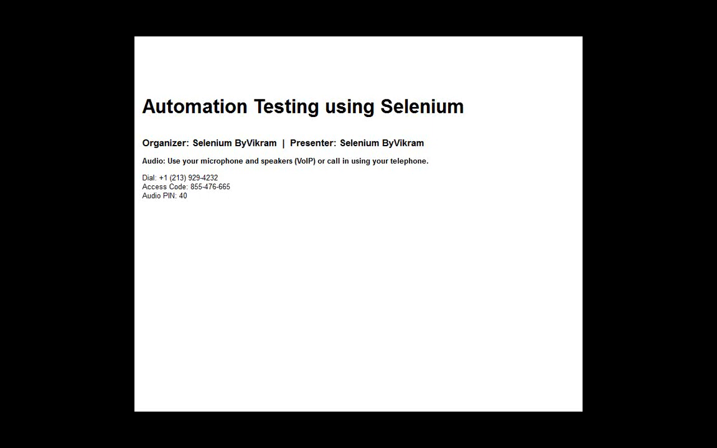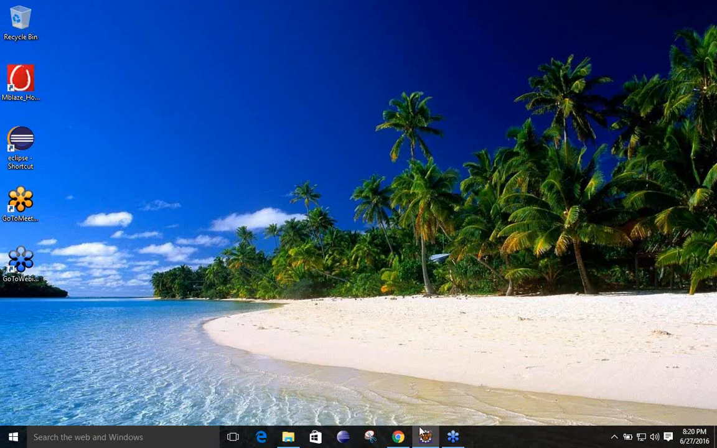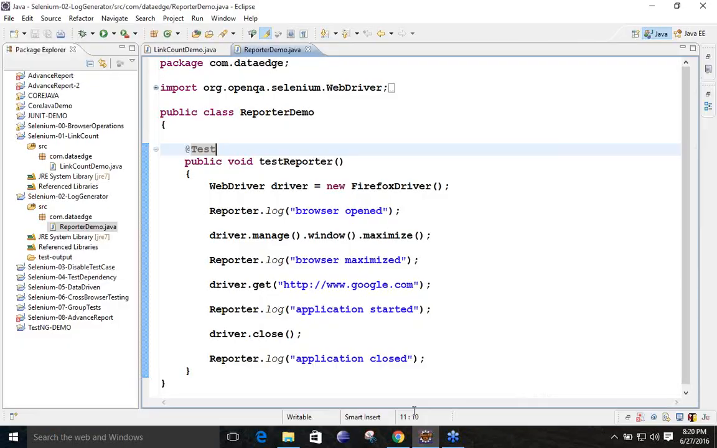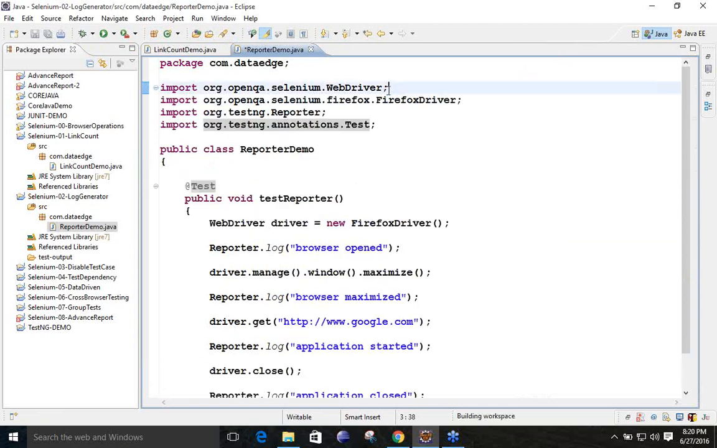What were we talking about in the last class? We were talking about cross-browser testing and some other examples. Here we will see one of the examples, which is for log generation. Whatever operations we do, a log is going to be generated,